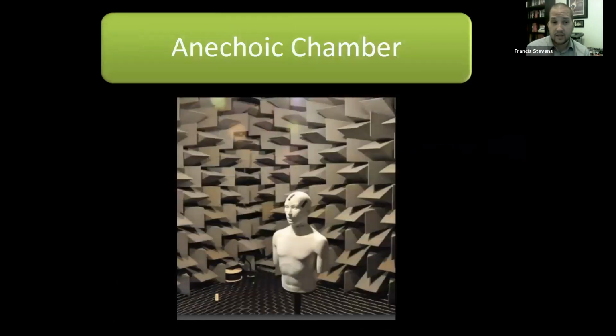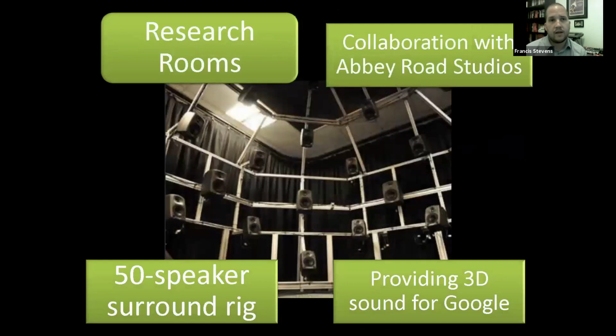We also have an anechoic chamber. This is a special treated room which has these foam wedges which absorb all sound, which is used for some technical recording work. And finally, we have a series of research rooms which include a 50 speaker surround sound rig,